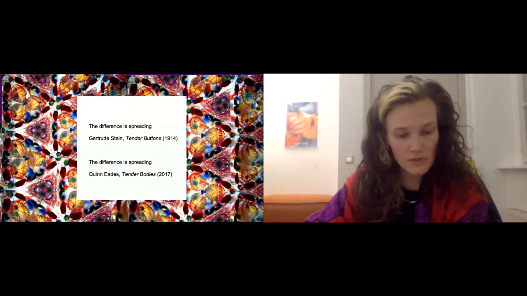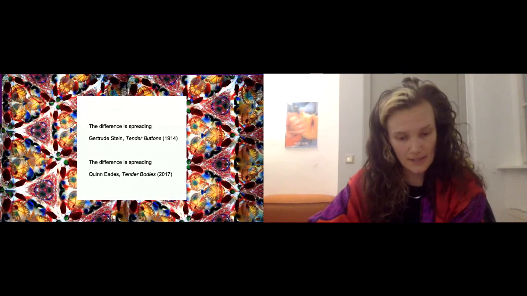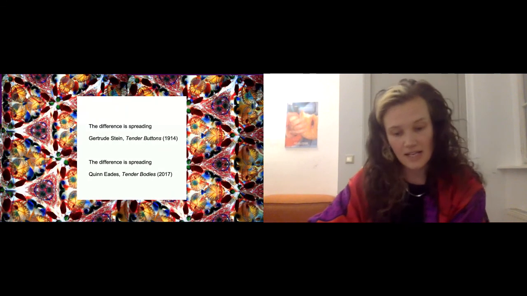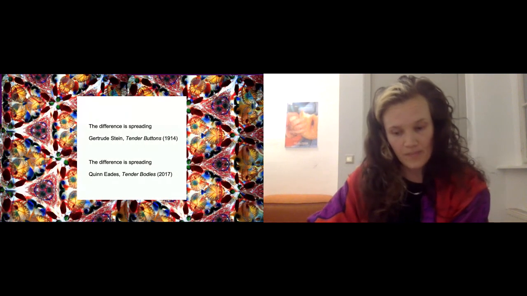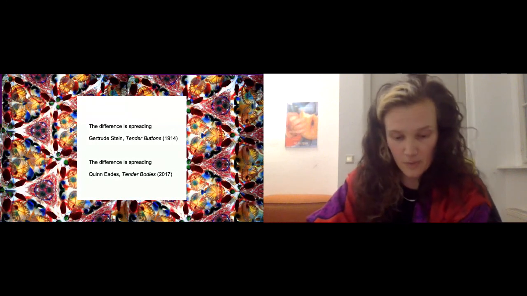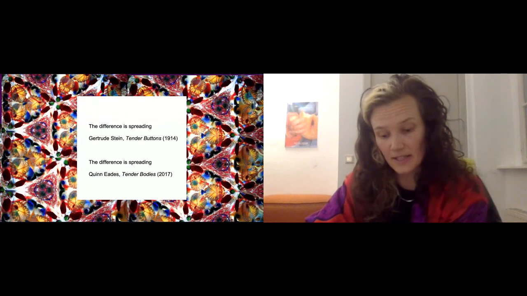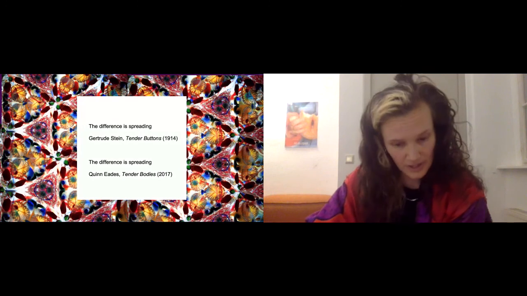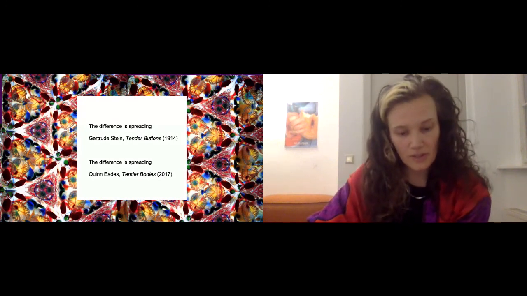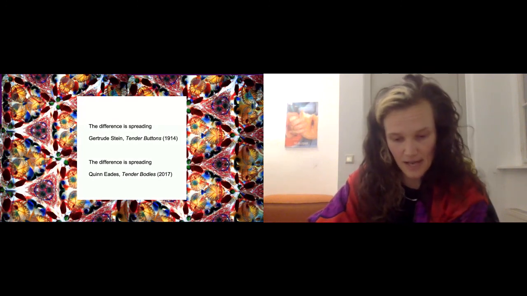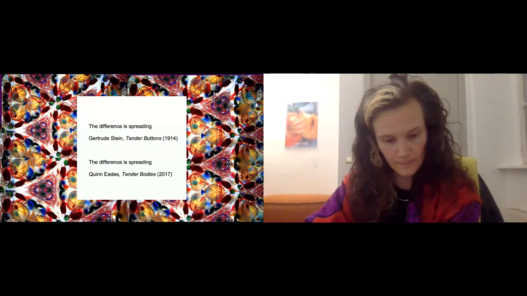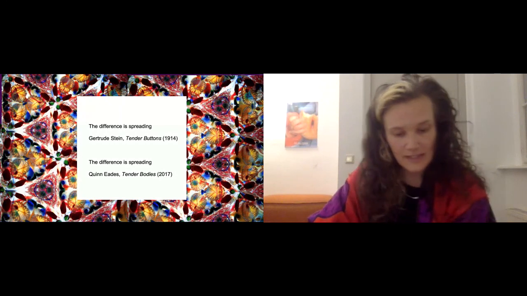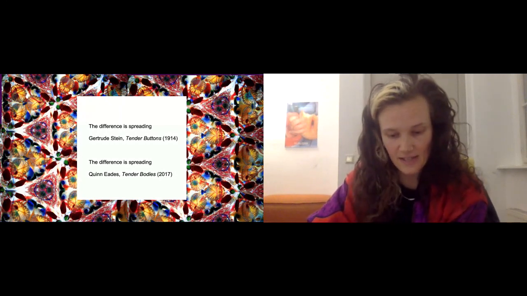The text includes some of Stein's original lines in italics, interspersed with Eads' own visceral and heart-wrenching prose. Stein's line, "The difference is spreading," takes on a different meaning in the context of a transitioning body. The inventorial household nature of Stein's text becomes an emotional inventory, an inventory of love. "My boy cunt is a red leaf and we fuck it together," writes Eads.